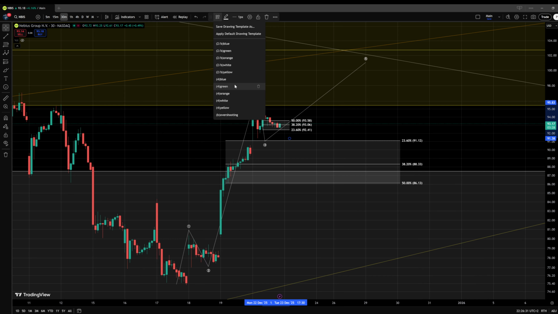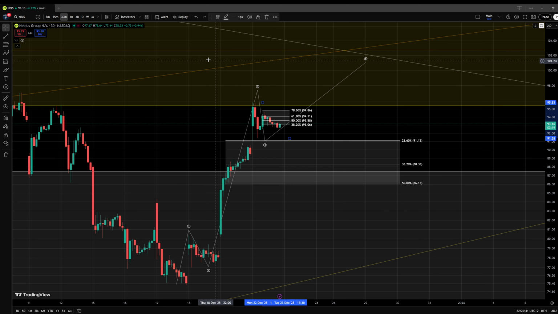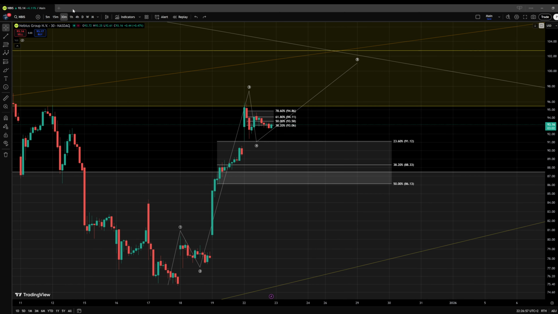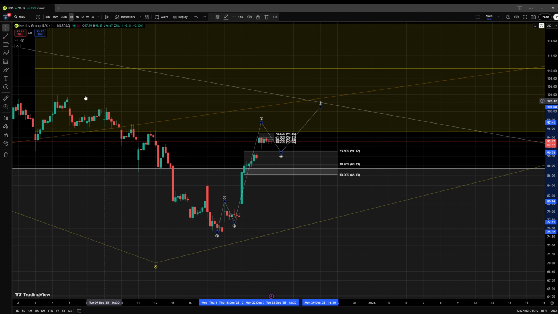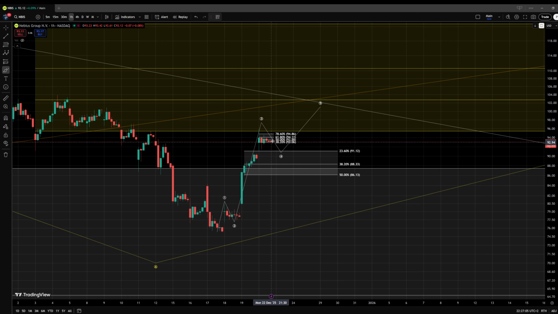And this would be, again, for a possible ABC structure, could be a WXY, but honestly, we won't be looking at the details within this time frame. We will only be focusing really on the actual levels for the continuation lower, where a break above the 78.6% retracement would be a signal that we should probably have a slight preference for a direct continuation higher. Although within such a small time frame, I urge you to not look too much at the details. Sure, we might not get into this area of support,